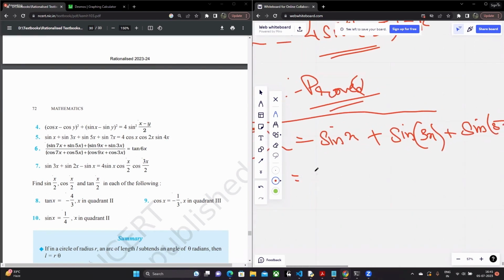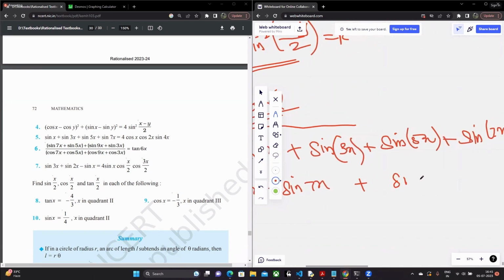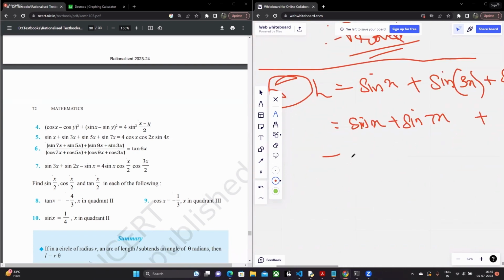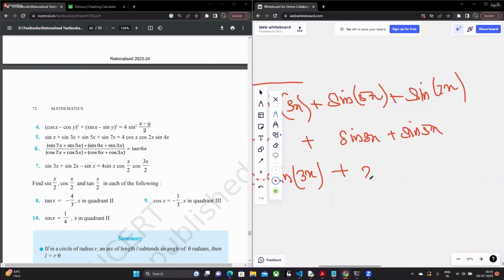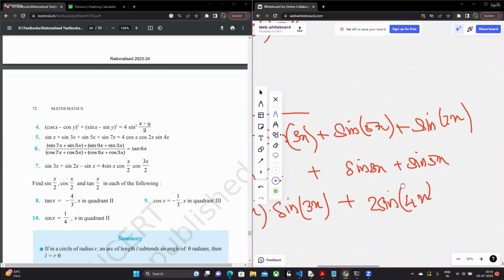I'll rearrange this as sin x plus sin of 7x, plus I'll rearrange this as sin 3x plus sin 5x. So what I do is add these both, right? You know the formula, it is going to give you 2 sin of 4x into sin of 3x. Plus add this, you know the formula again, it is going to give you 2 sin 4x into